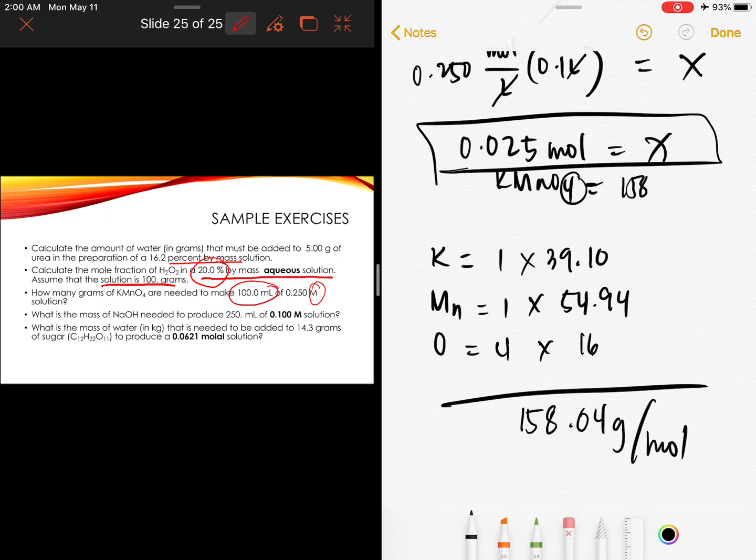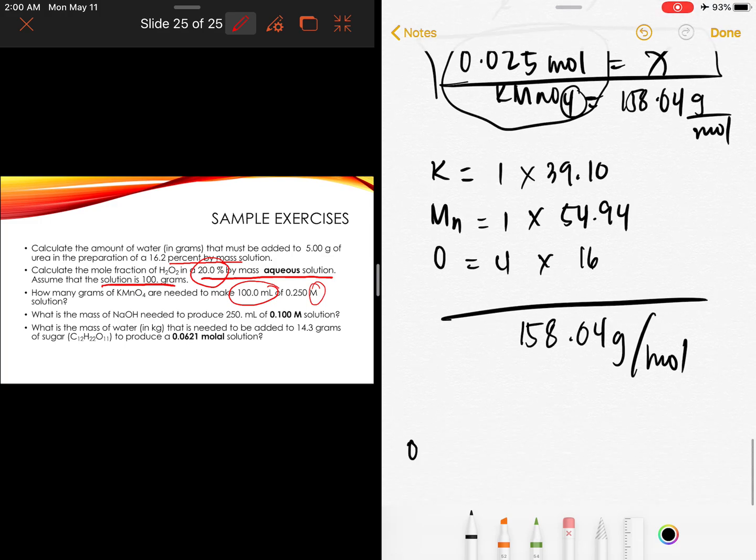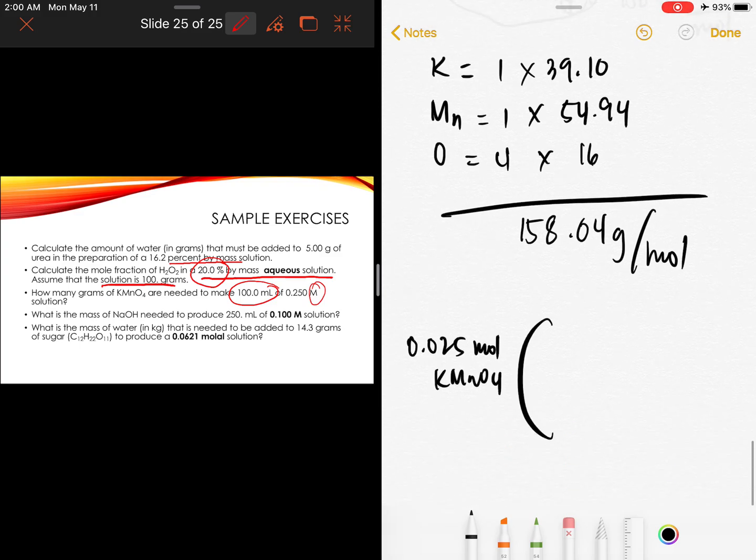Okay, so this is 158.04 grams per mole. Now, all you have to do is convert this value into grams. So we have 0.025 mole of potassium permanganate. Okay? So below we write 1 mole of potassium permanganate. Why is the mole at the denominator side? Because we need to cancel the units. So times